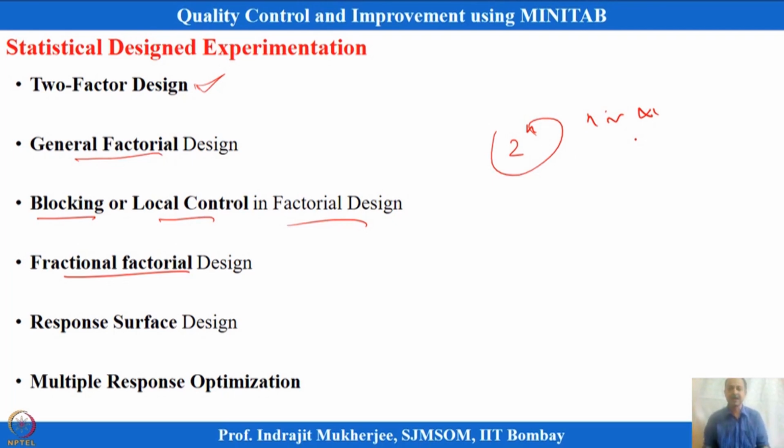So, I need to reduce the number of factors, keeping the significant ones which actually contribute to the CTQ, and which, when we change them, impact the expected value or the variance of the CTQs. So, we want to reduce the number of factors. In that case we go for fractional factorial design,